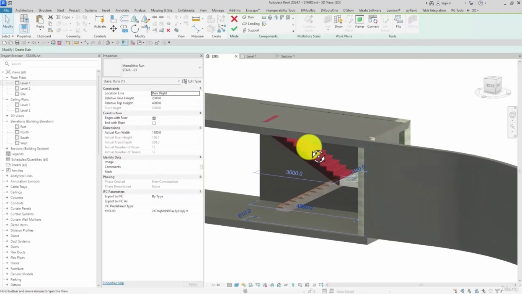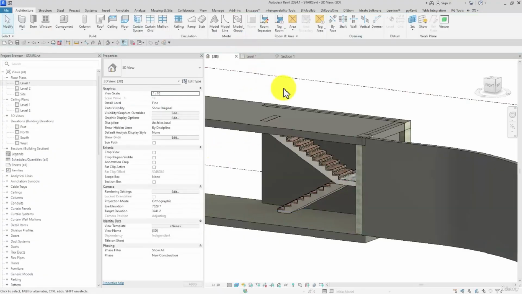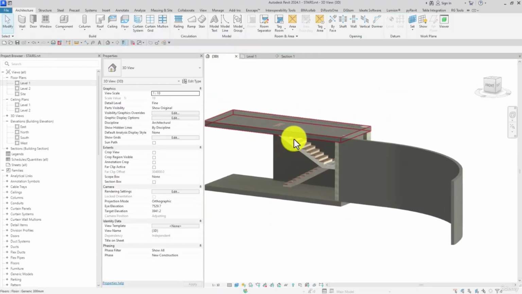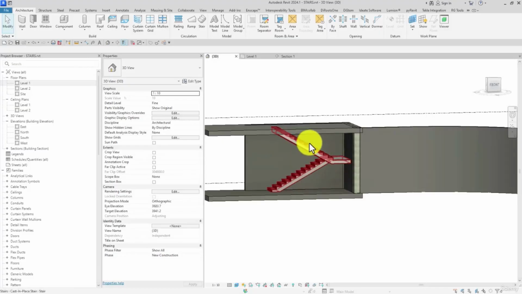If we select these stairs, I make sure that end with riser is enabled. And note that the relative top height should be equal to the level height. But right now the distance between two levels is 4 meters, so we can easily connect the two levels by the stairs. Anyway guys, as mentioned, we can model the stairs